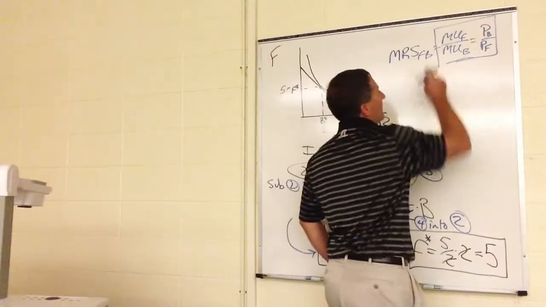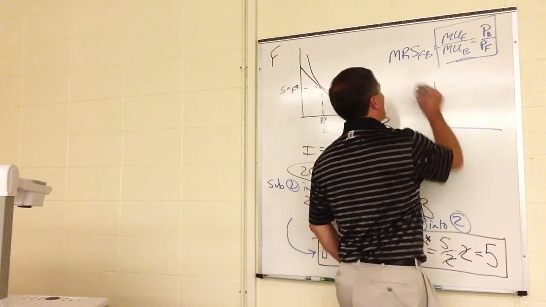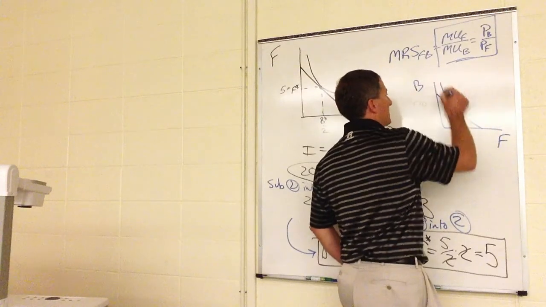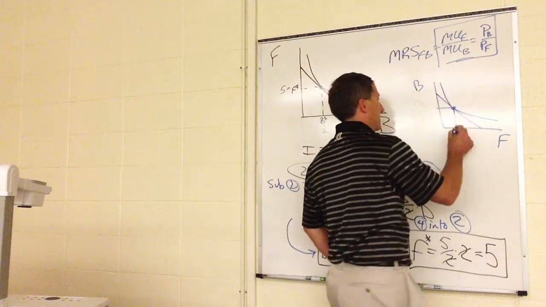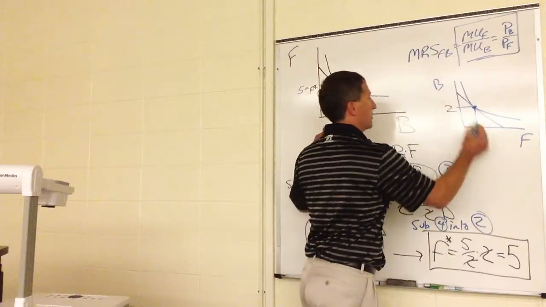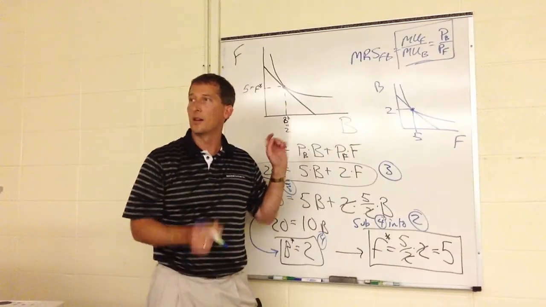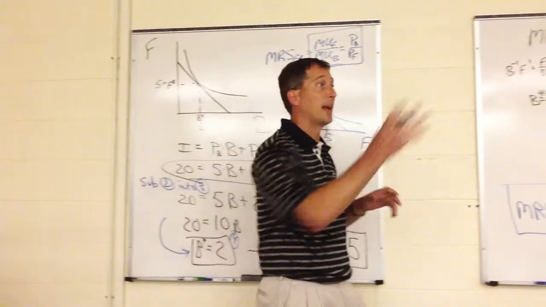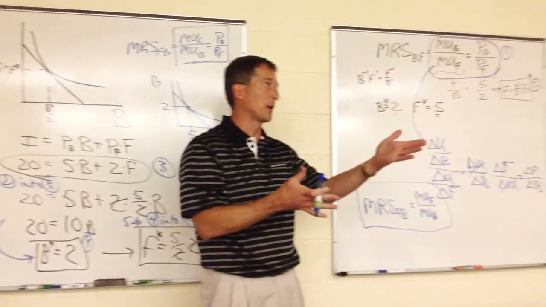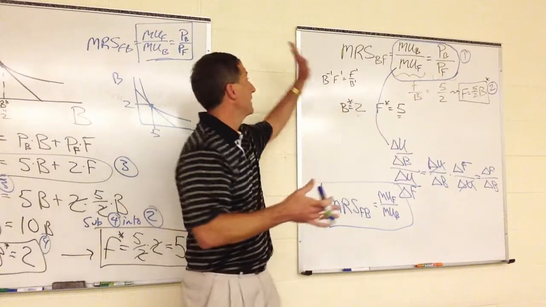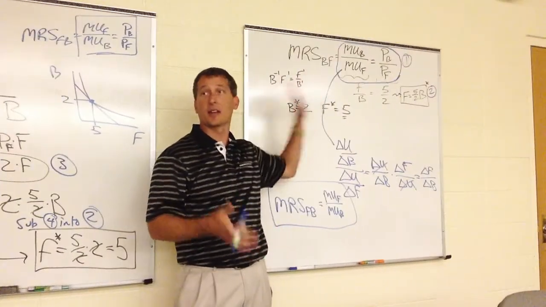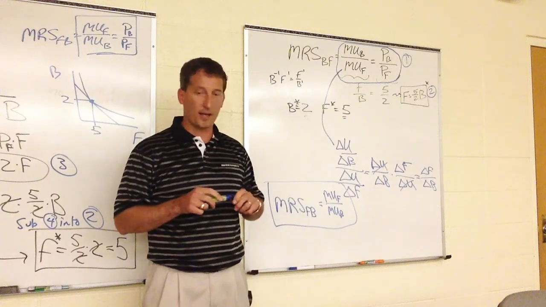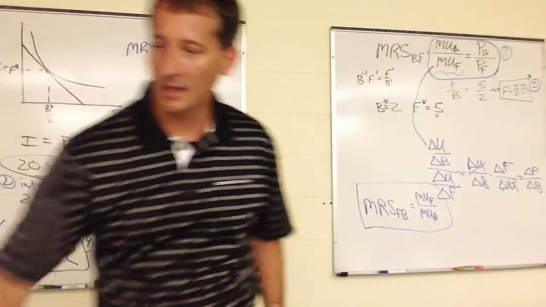Graphically then, that would be burger on the vertical axis, fries down here. The optimal condition would be still 2 and 5. All we're doing is just transferring the numbers around. But on a problem like what you're saying in the homework, where they tell you that this is on the vertical axis, then you have to know which one to put on top. Okay, let's call it a day. So the class